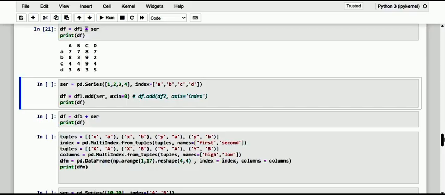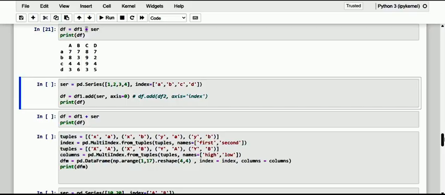For example, let me use axis equal to 1. You can vary the application of the operator by column or by row. In fact, by inserting the parameter axis and specifying a series with labels consistent with the index of the data frame.